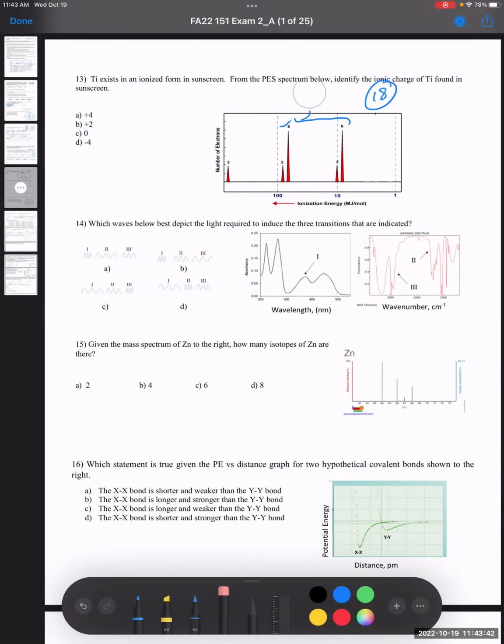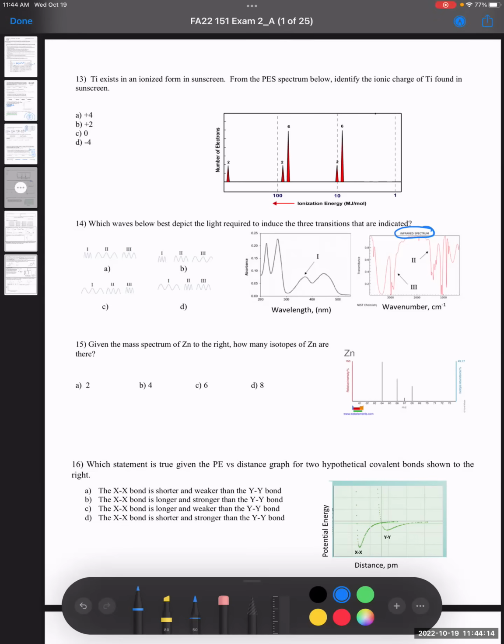Okay, so moving on to question 14. This happens to be one of the questions that got the lowest correct answers. Okay, now if you think about this, now we are given a spectrum here. You are told that this is a UV spectrum, and then based on the wavelengths here, we know that